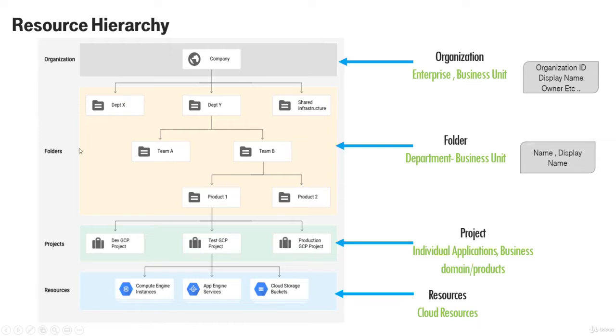If you look at organization and folder, you can mimic the department or business unit or any other kind of product. These two are G Suite products, and this is not that visible. You can assign the project to an organization, but it is not that visible inside Google Cloud Platform. So if you want to play around with organization and folders, you can go to your G Suite account and manage it there. We have one example where we create a shared VPC, which will be shared across multiple projects, but until then you can just hold on to the organization and folders understanding.